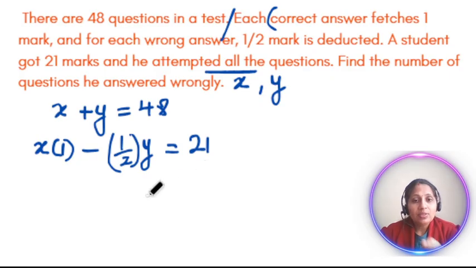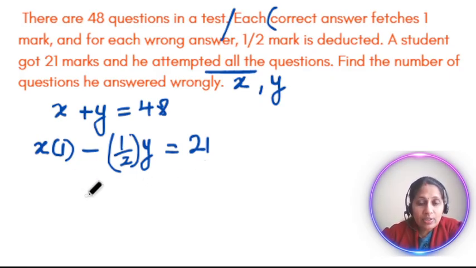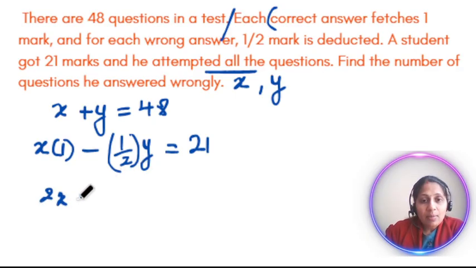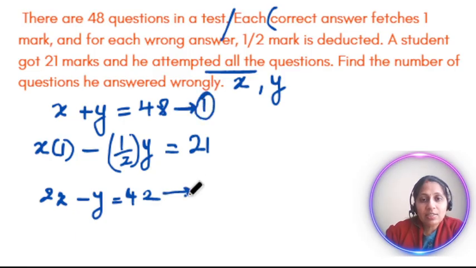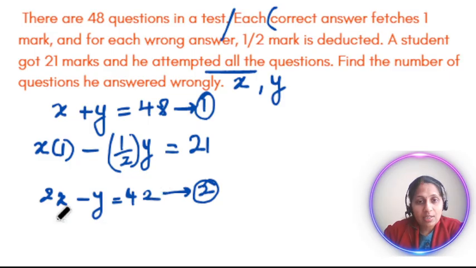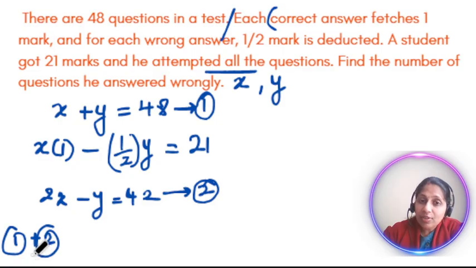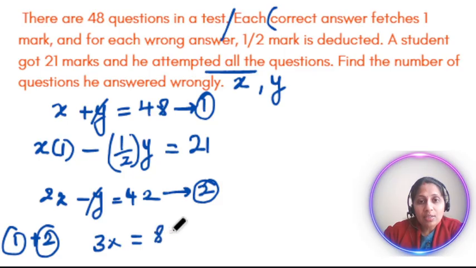Okay. So now to solve this, let's bring it into the normal format because the second equation is not in the usual format. So let's take the LCM. The LCM is 2. So 2x minus y equals 42. So this is my second equation. Let me add equations 1 and 2. What I'm trying to do is cancel out my y, the elimination method. So 3x, since plus y and minus y get cancelled, equals